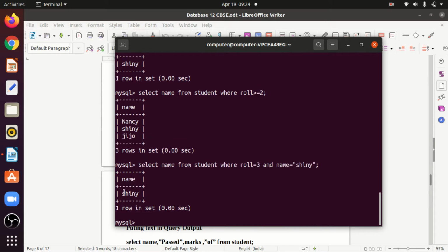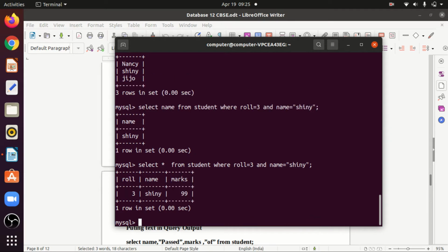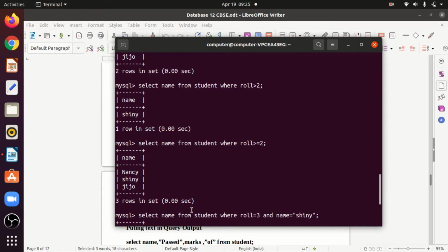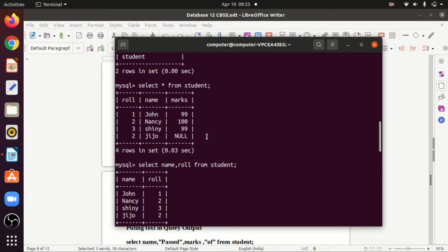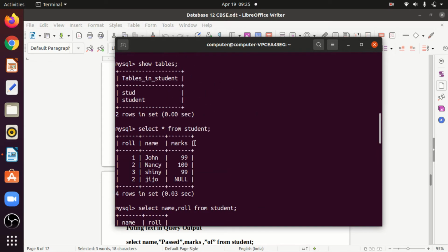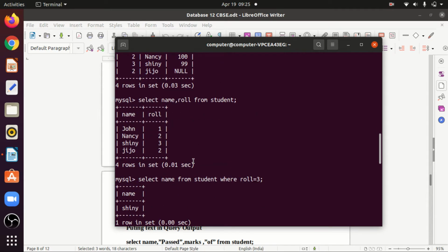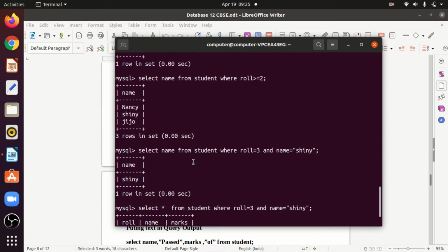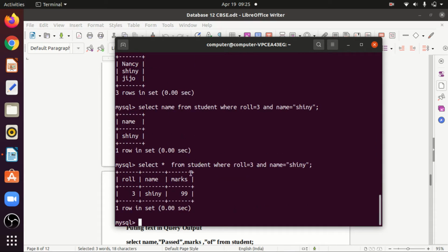Instead of name, I can put star also. If I write star, it will print the complete detail whose roll number is 3 and whose name is Shiny. Complete detail about this student. This is the AND logical operator.